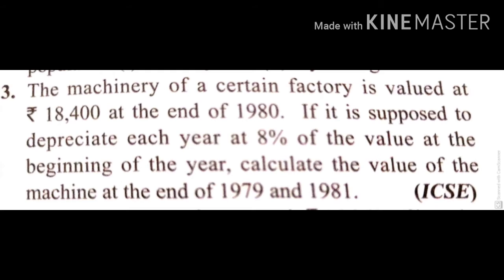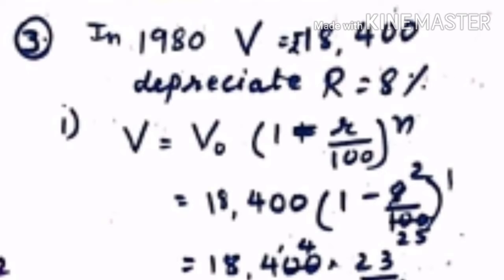Here students, they have not given time exactly but in the form of year, means you are given present value in 1980, so you have to find your value 1 year before and 1 year after, that is in 1979 and 1981. So let us start. We have to write everything. V value is 18,400, depreciation rate is 8%. Now the word depreciate comes, means we will put our formula with minus sign. That is why V is equal to V0 (1 minus R upon 100) power n, and we put our value as present value